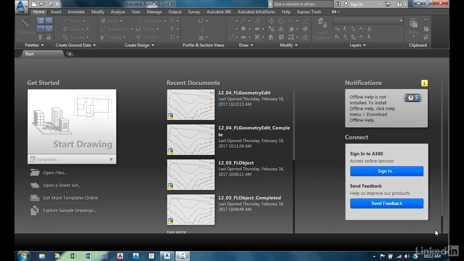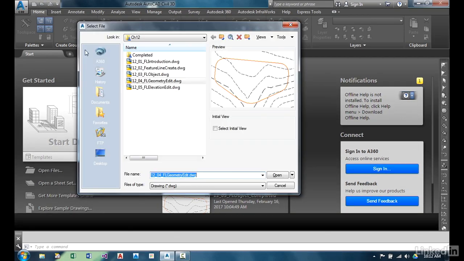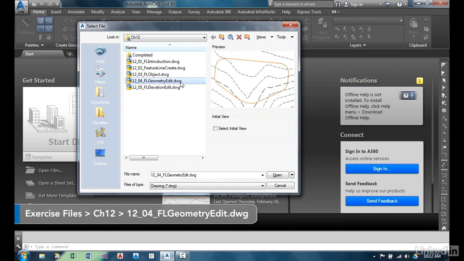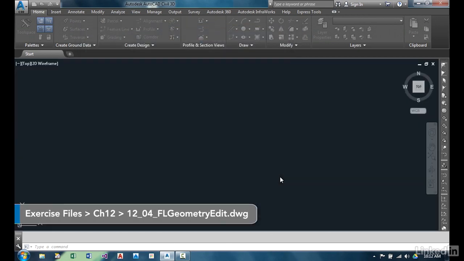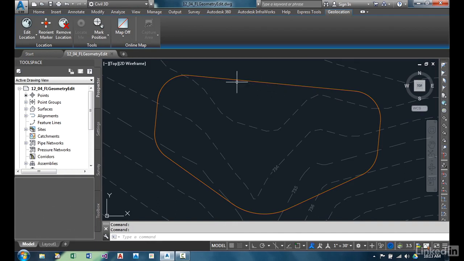As has been the case with all the features we've looked at within Civil 3D, we've created our feature line. Let's look at some of the editing features with this feature line. In this exercise, we're going to focus on the horizontal or geometry edit features. When we open this up, of course, we have our exercise 1204, and I'm going to select my feature